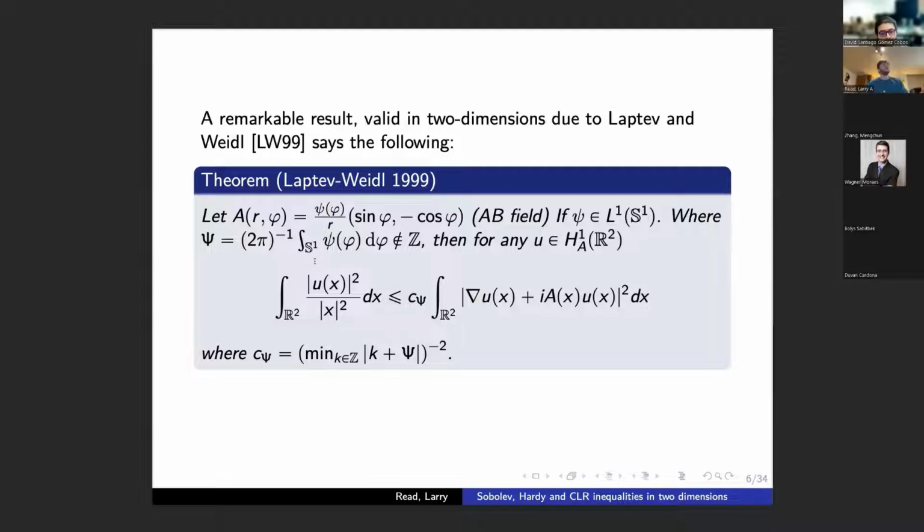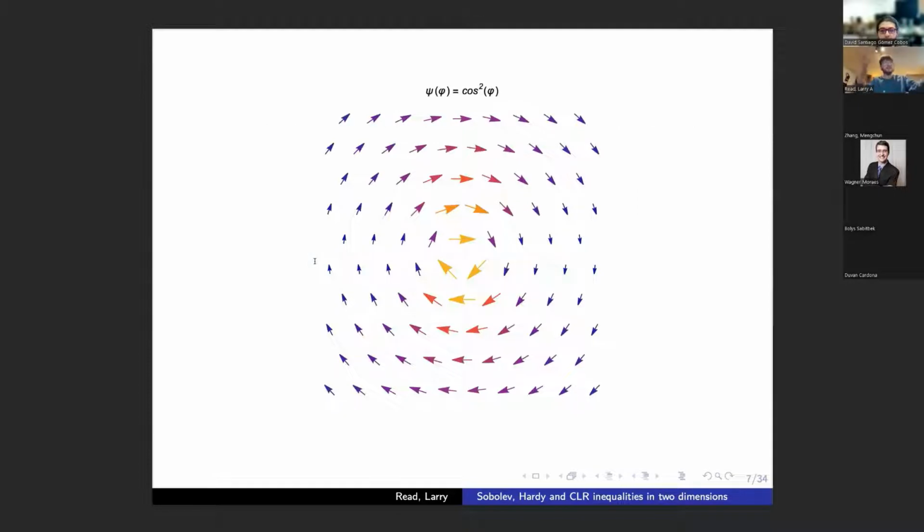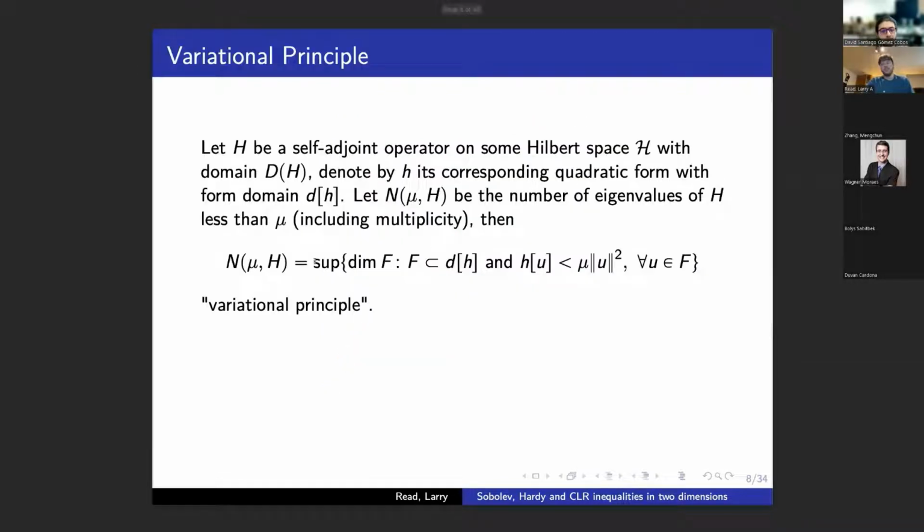So we have some Hardy inequality in a magnetic case in 2 dimensions, on the half plane case, owing to the standard Hardy inequality, and in the case of antisymmetric functions. And this is, of course, what the AB magnetic field looks like, for example, with some angular potential. So today we're going to talk about some sort of spectral inequality, and that will be related to the inequalities we just discussed.